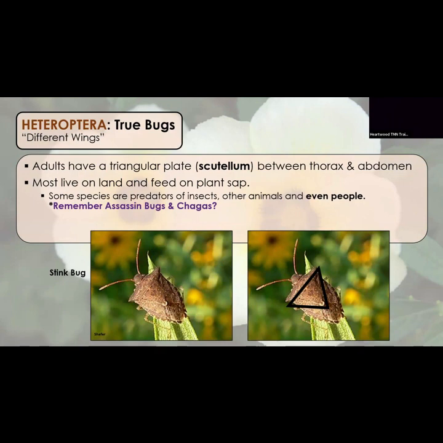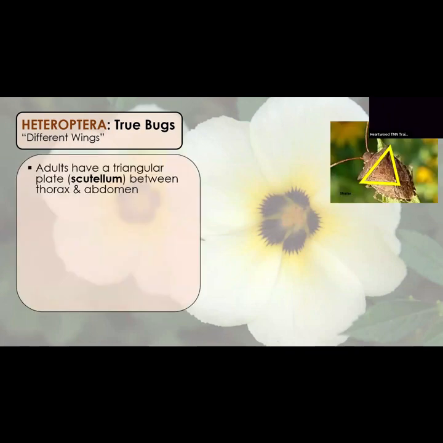So remember one of those first slides when I talked about assassin bugs and Chagas disease? Assassin bugs feed on bodily fluid. Assassin bugs, the kind that spread Chagas, they are present in Texas because they are native to Texas. Chagas disease runs from the south through Central and South America because we have the host insects. All of that is to say that sometimes, yes, they're feeding on bodily fluids and they're transmitting parasites with them. A few species are aquatic.